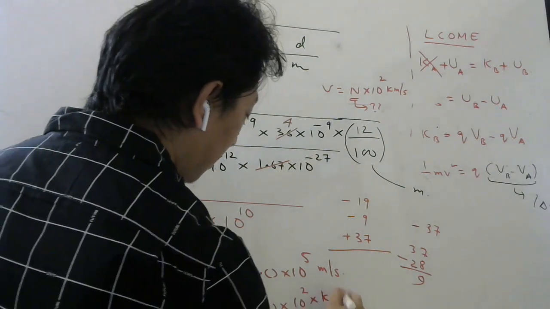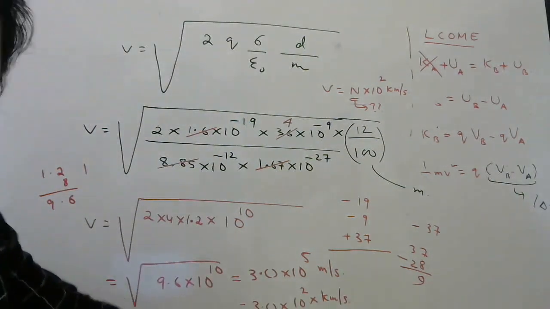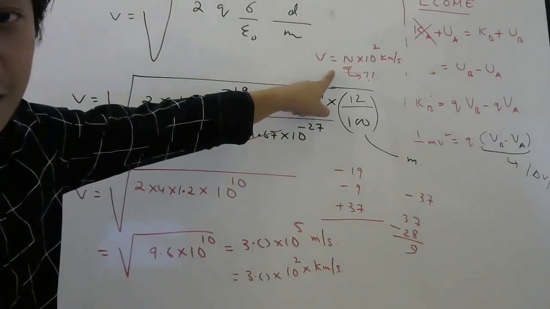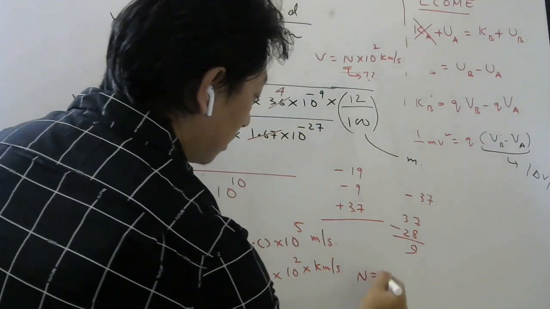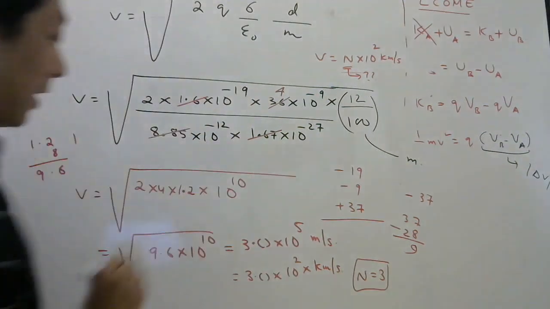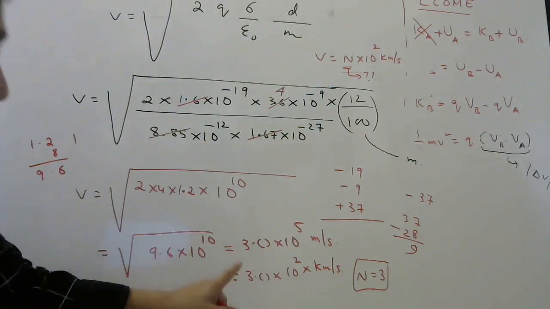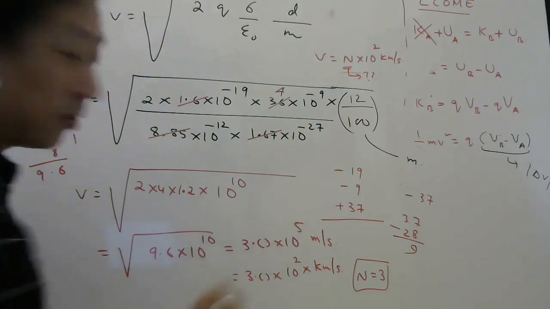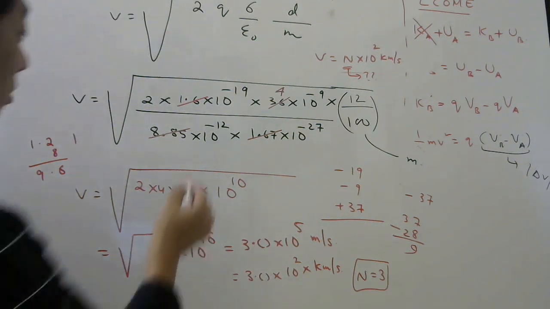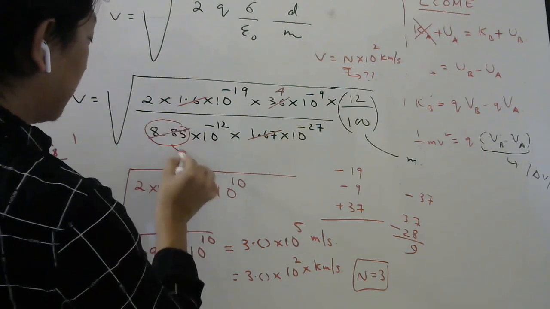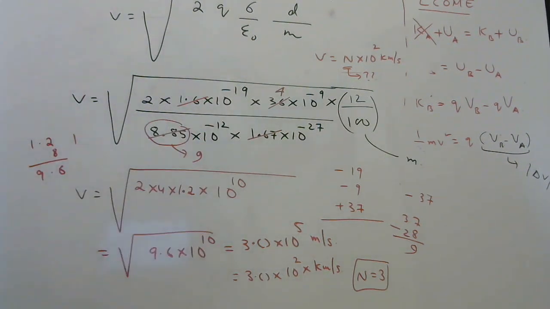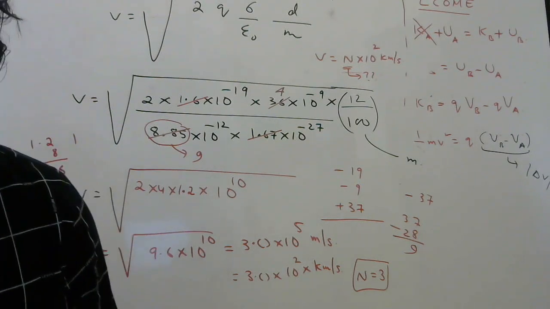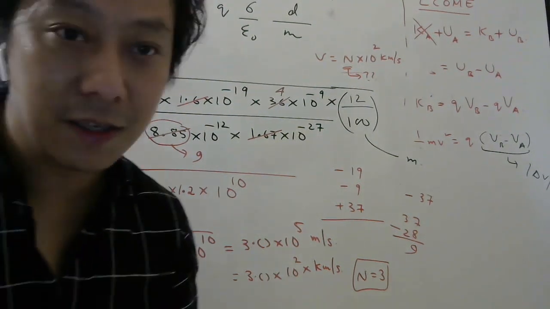Kilometer per second. So if you compare this answer with the question that they've given, then your n should be 3. If you do exactly, you will get 3.0 something. Right now you will get 3.4 something, but approximately you can convert that into 3. Why approximate? Because I have taken 8.85 as 9 and then I did the calculation. Otherwise it will be very complicated, right students? So there's no point wasting so much time. Approximately, if we get the right answer, that is enough.